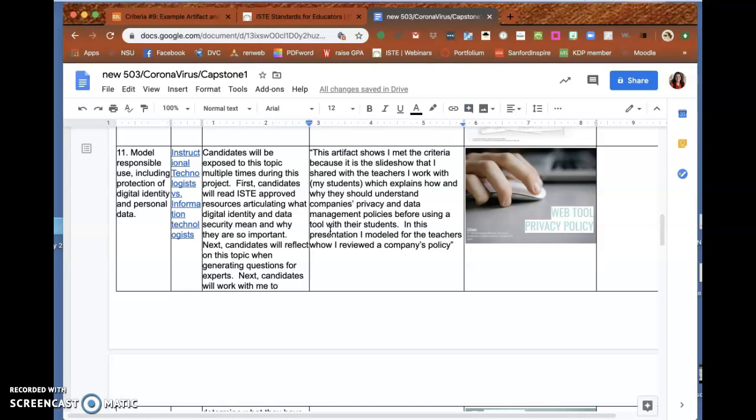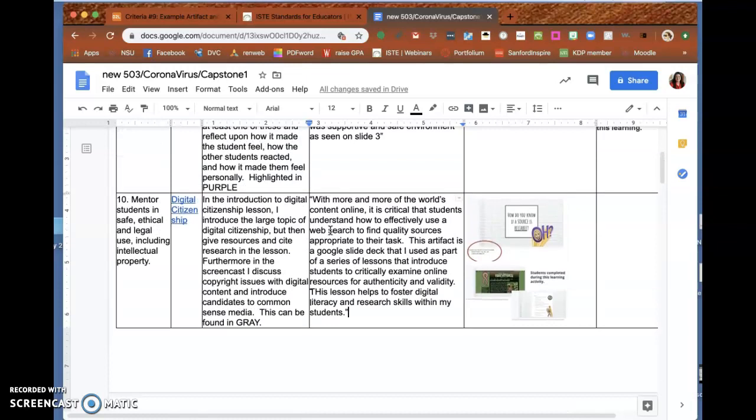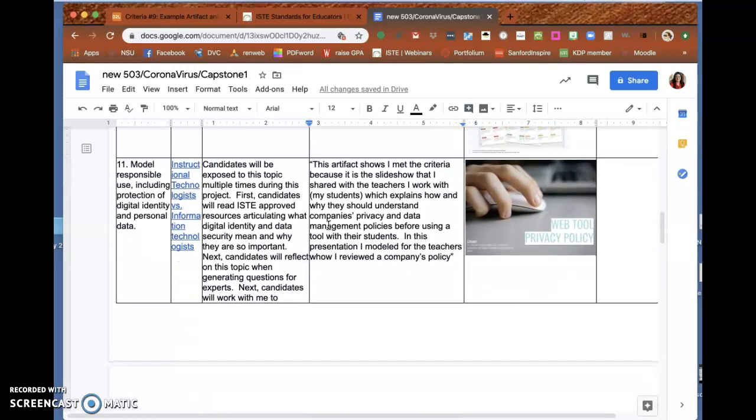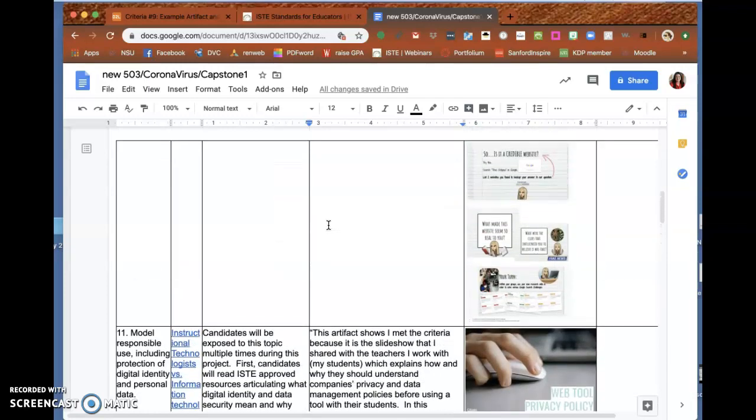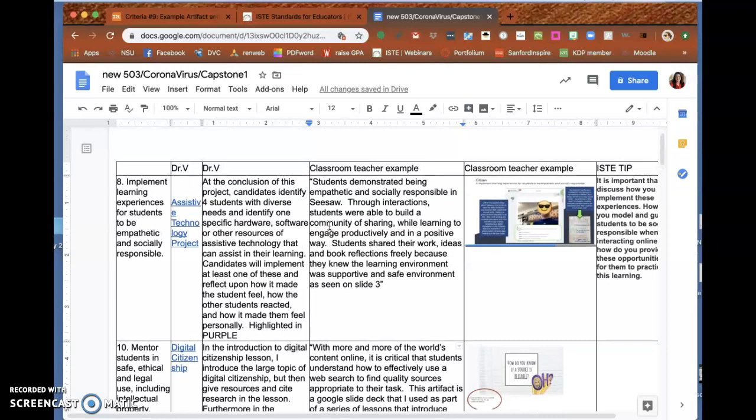And again, I think it goes right along with the one before it, about what is safe and not safe when looking online, and what is meaningful or fake news. So I really see these three going hand in hand. The next question I know y'all are going to ask me is, can there be one artifact, as ISTE calls it, to meet all three of these? The answer is absolutely yes.